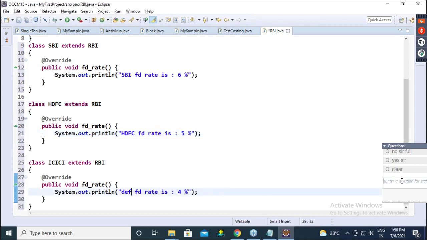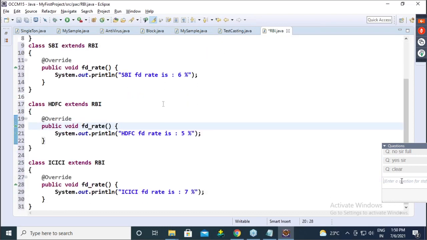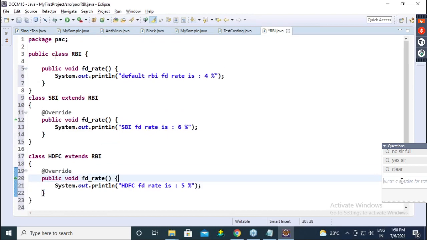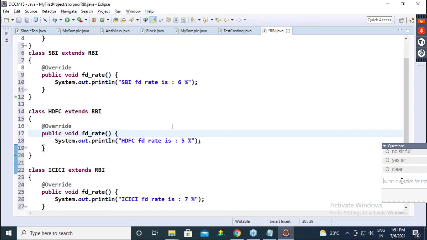ICICI 7%, assume. Okay. So now, guys, this is purely a method overriding example. Any confusion in this example? We have a class and we have 3 children of that class.